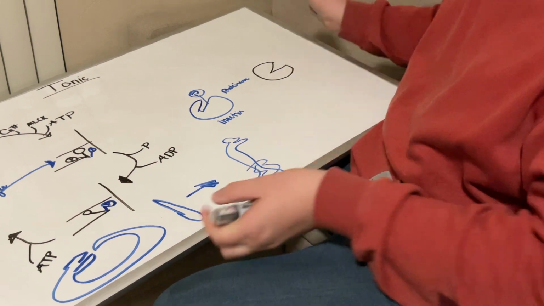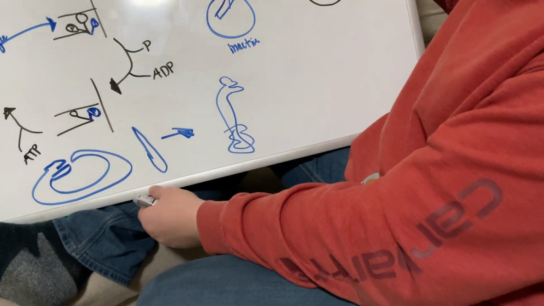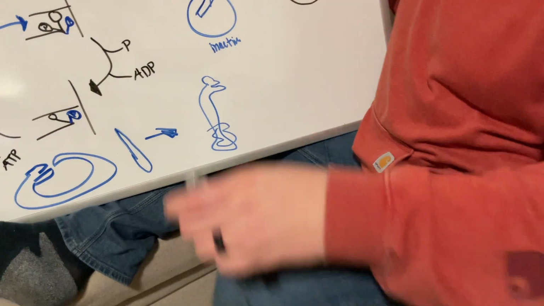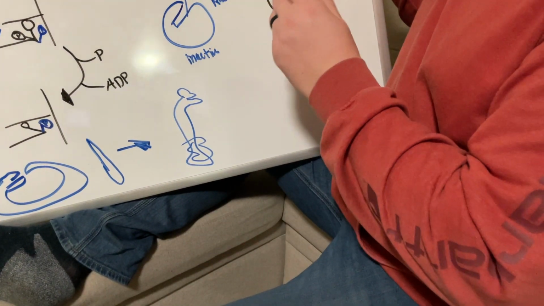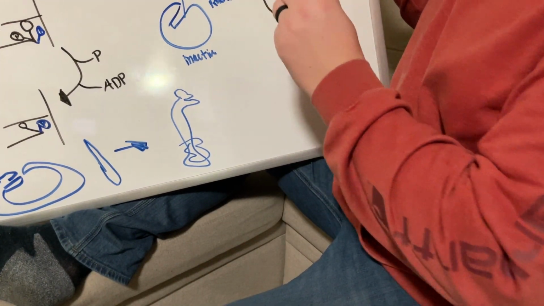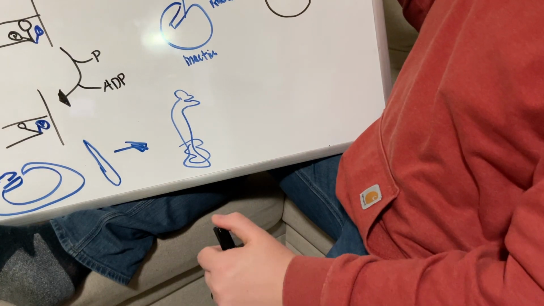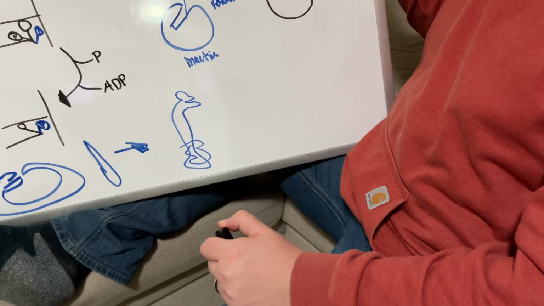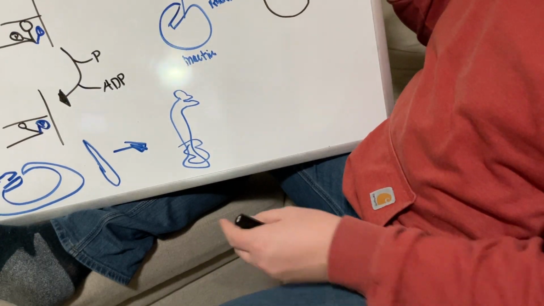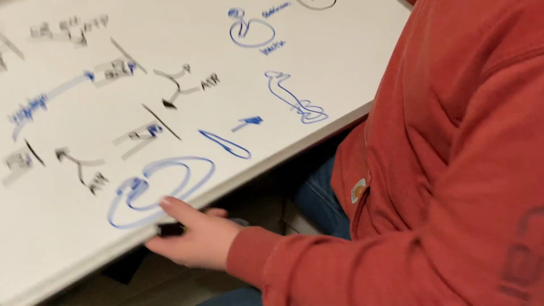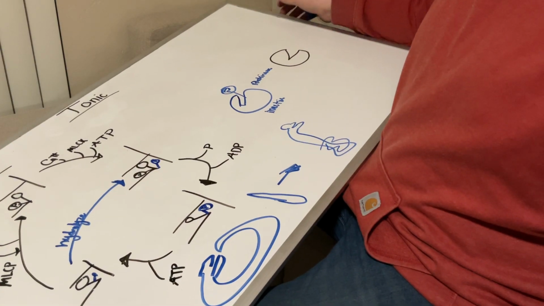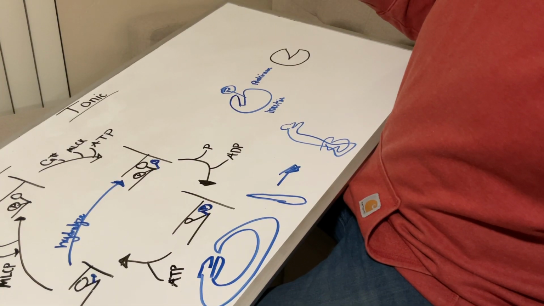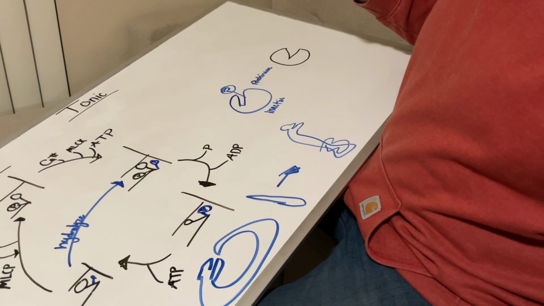So if rho kinase does not add its phosphate, then the MLCP will be activated, like in this drawing over here. And the way to activate the MLCP is to have a sustained amount of calcium in the system. So if we have a sustained amount of calcium, then the muscle will go more into this tonic state,